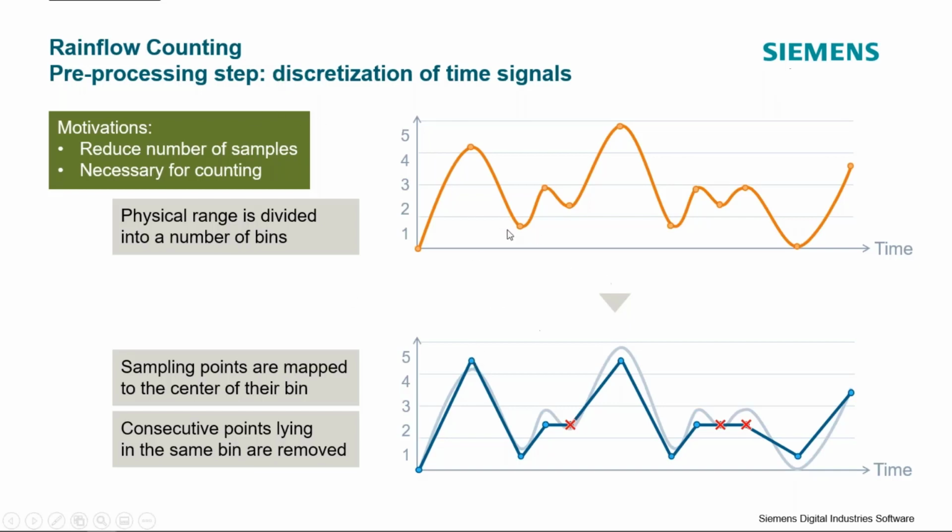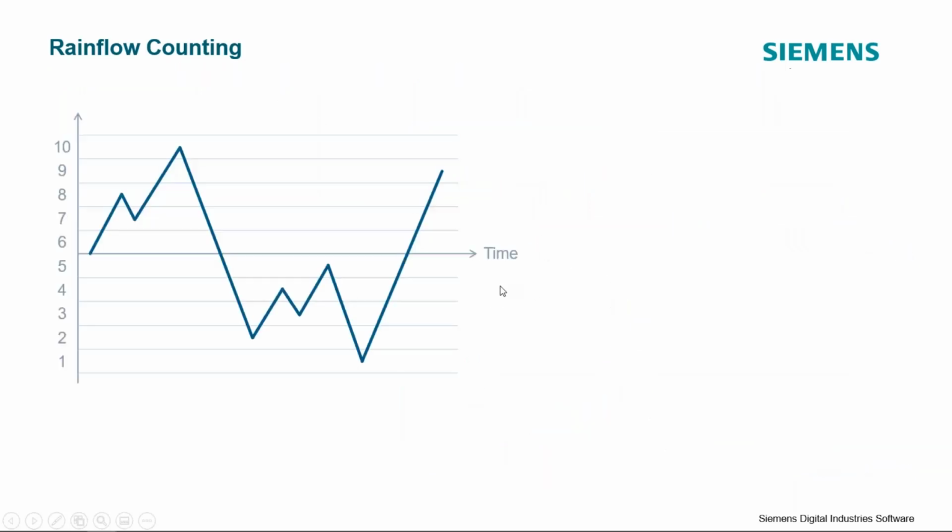And so now after these pre-processing steps, we can get to the fun part, which is the actual rainflow counting. What we are looking for in our time history is closed loops. And these closed loops represent fully reversible cyclic loads. If I look at this time history here, I can see that I have a closed loop right here where I go from this point we've denoted 8 down to 7 and back up to 8.